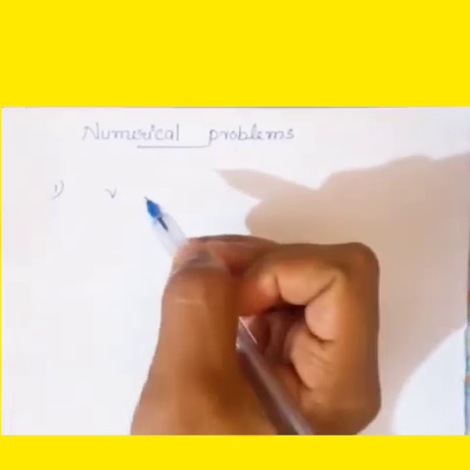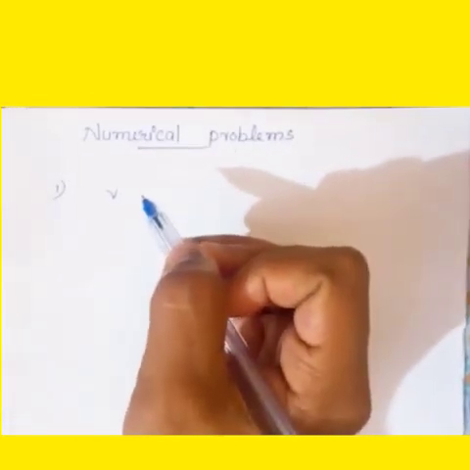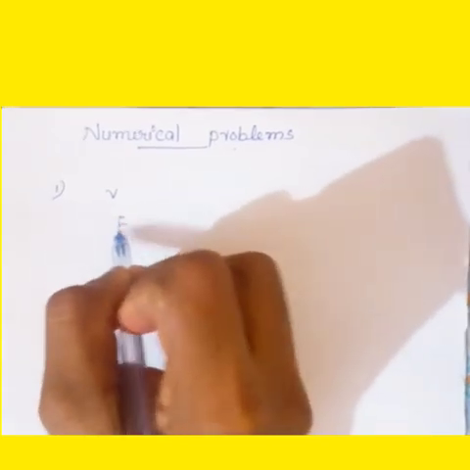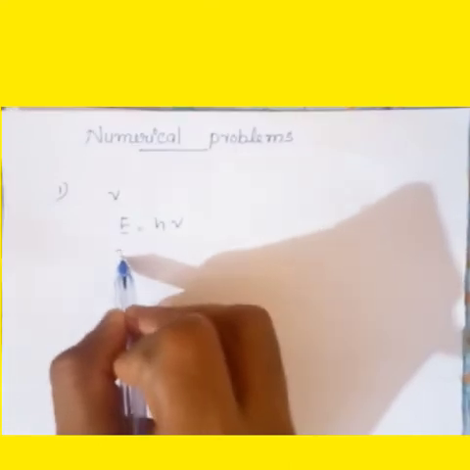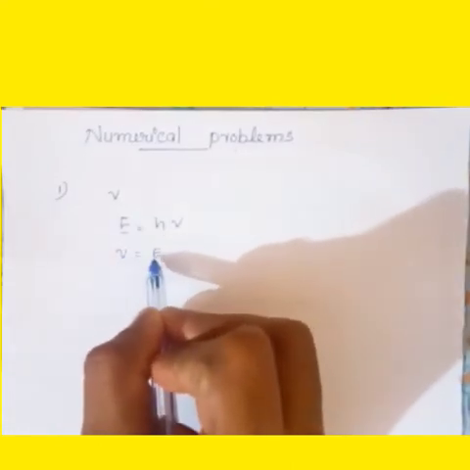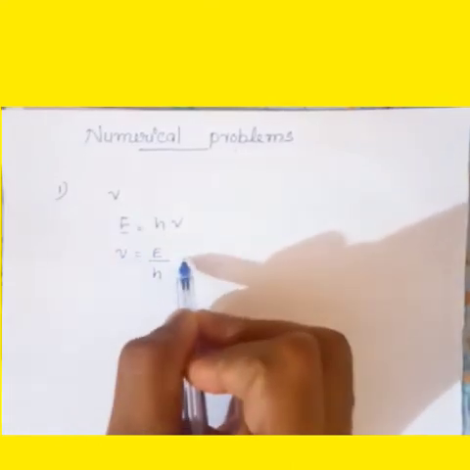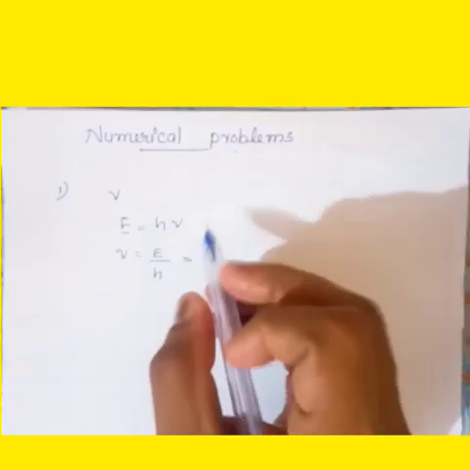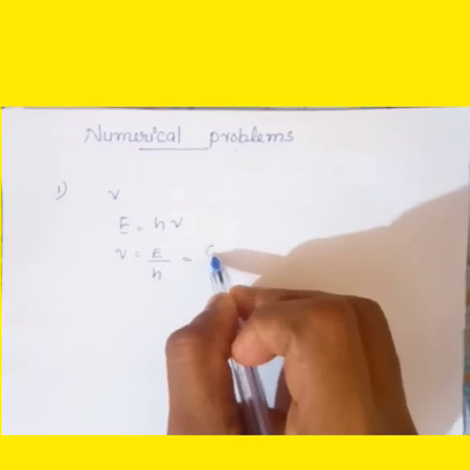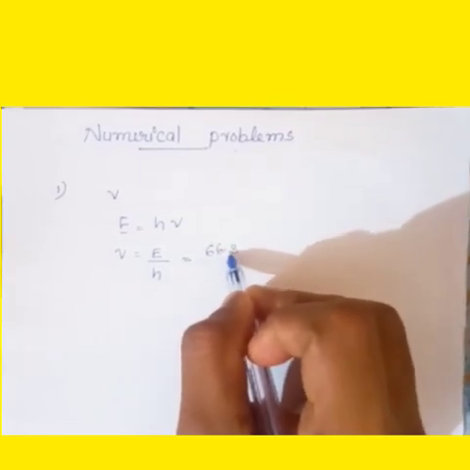How to find out nu? You know that E is equal to h nu. So nu is equal to E divided by h. h is a constant term, we call it Planck's constant. In the question E is given, E is equal to 66.3 electron volt,